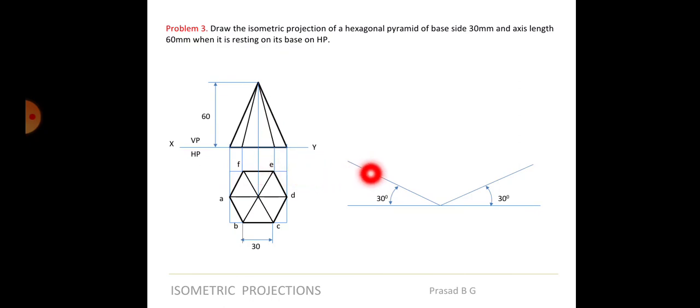Same way, from here to here I will draw a 30-degree line. From 2 I have already got, so I will take a 30-degree line. So I get 1, 2, 3 and 4. I will first reproduce the box. That is my first thing to do. After drawing this orthographic view, I will take this particular box and place it over here. So 1 to 2 will be here, 1 to 4 will be here. From the end point you draw another 30-degree line. It will intersect at some point, that point will be 3.